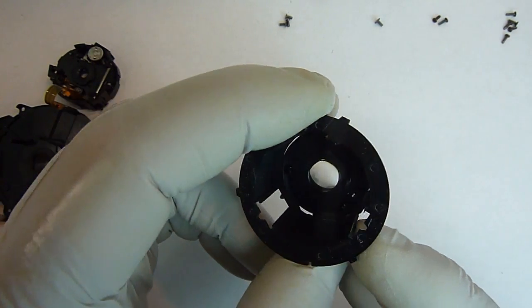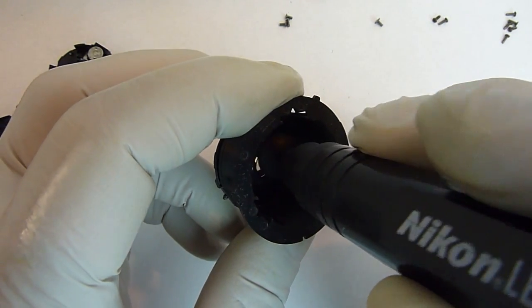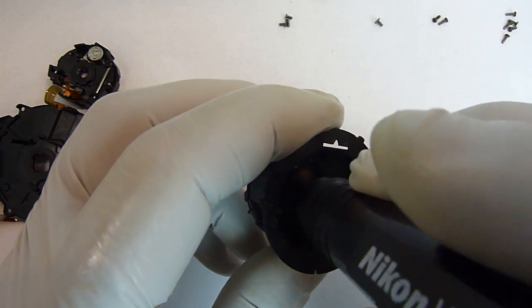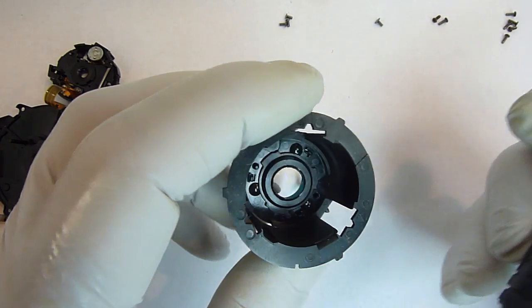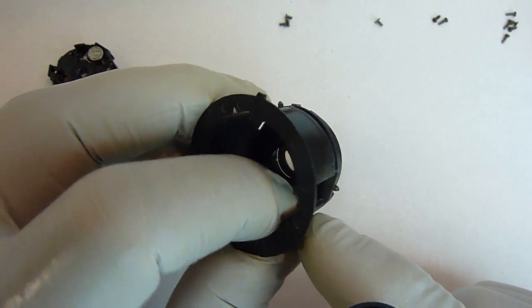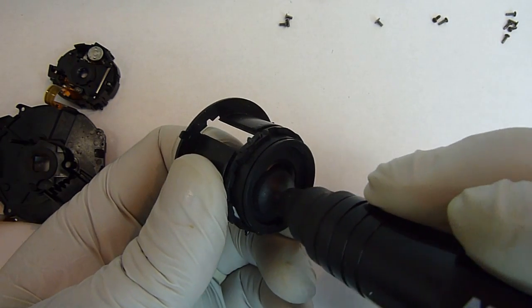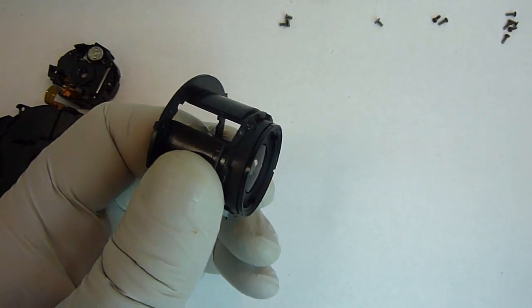Okay, on this part, this lens is fairly large, so I'm going to use the pin on this one and clean it. You could also use the cloth. I just like using the pin whenever I can because it seems to clean much better. Now you'll need to support that lens unit with your finger when you're cleaning this side. Alright,